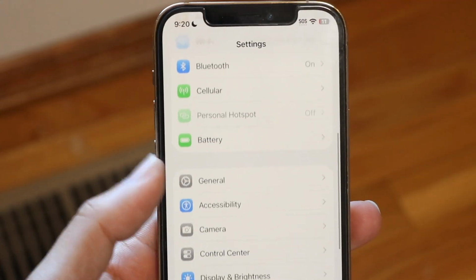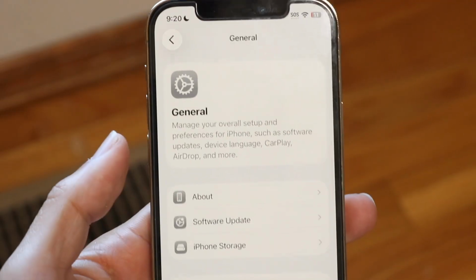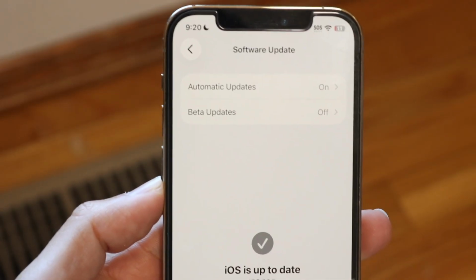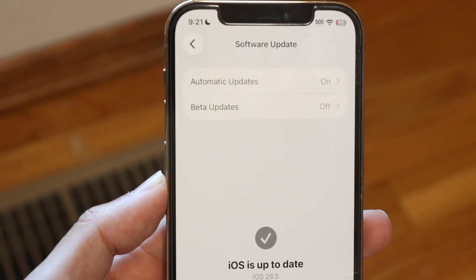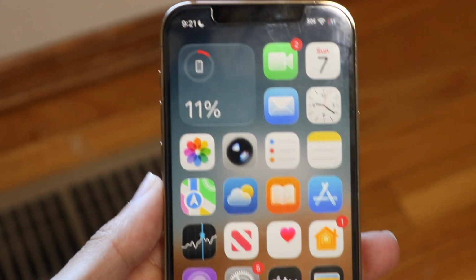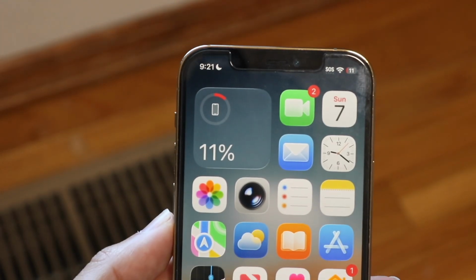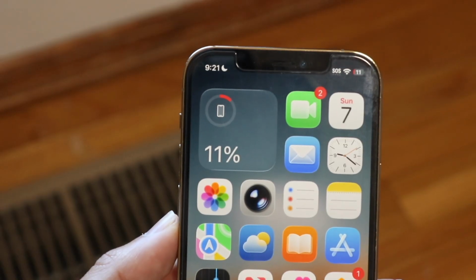So make your way over to your iPhone settings, tap on General, tap on Software Update, and all you're going to want to do here is update your iPhone. That is going to be one of the very first things I recommend doing that can probably end up addressing and fixing this problem. Now, the next thing I'd recommend doing is to navigate to your apps